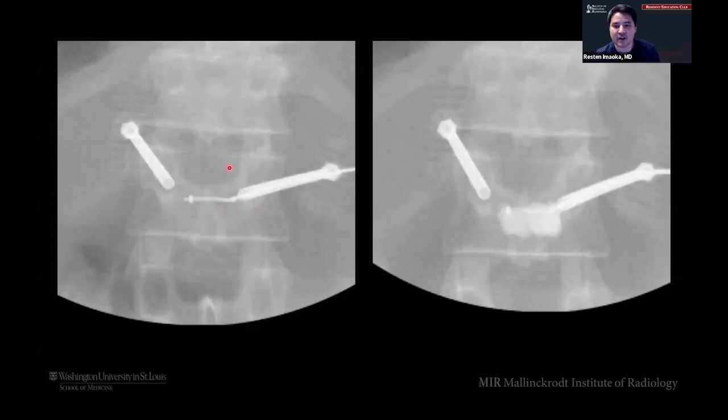So this is your balloon. You're going to center that in the middle, right? Again, we're using a true AP here. So we've got a spinous process in the middle, right between our pedicles here, and you're making a cavity, right? And the goal for kyphoplasties is a cavity creation or a cement filling from pedicle to pedicle and superior to inferior end plate, right? Depending on the fractures, if there is a fracture or not, you may not get up here, right? If it's healing on its own, sometimes it's so sclerotic, it just forces the balloon one way or the other, but that would be the ideal goal.